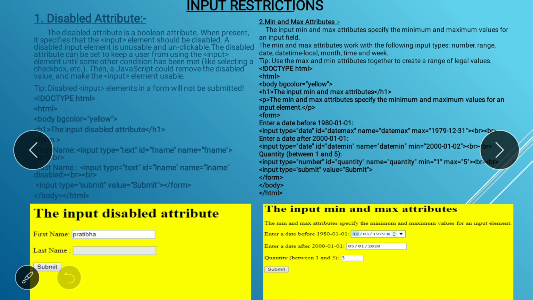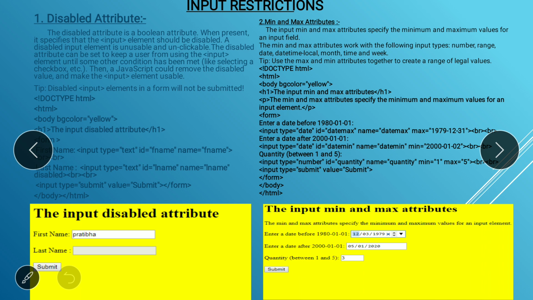What is the disabled attribute? All these attributes work as restrictions on those controls. As the name suggests, the attribute name is disabled.